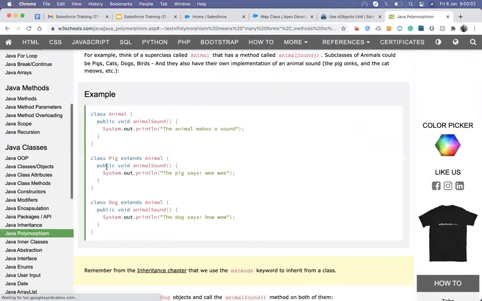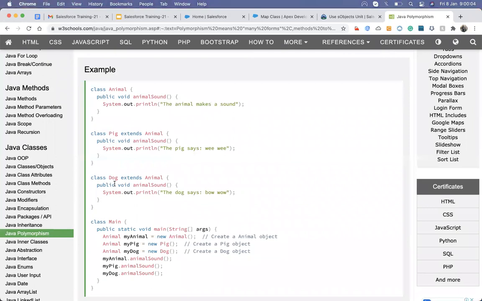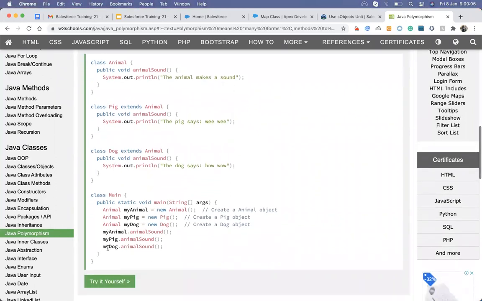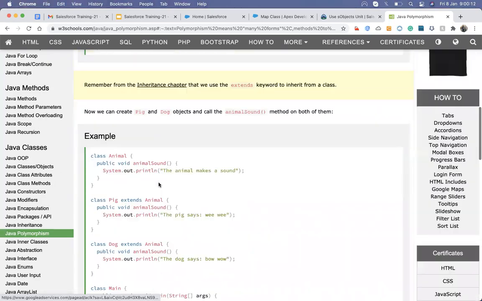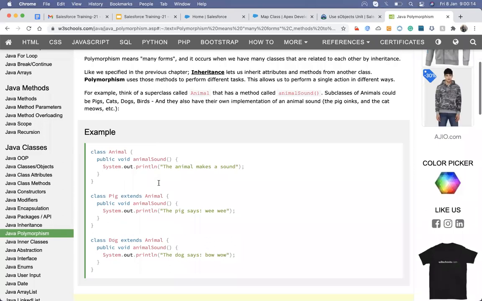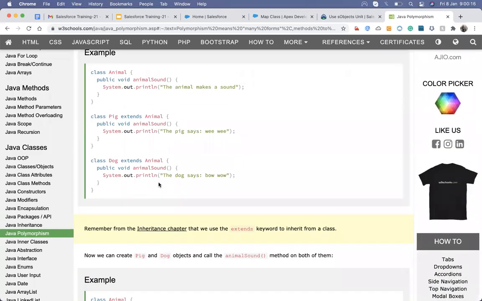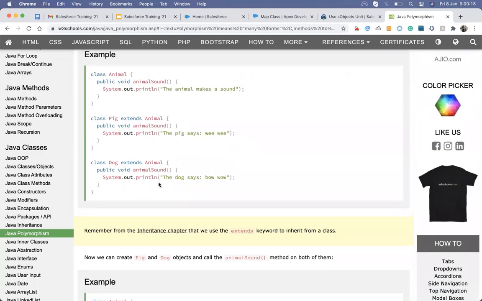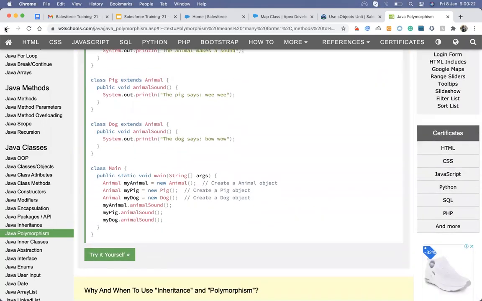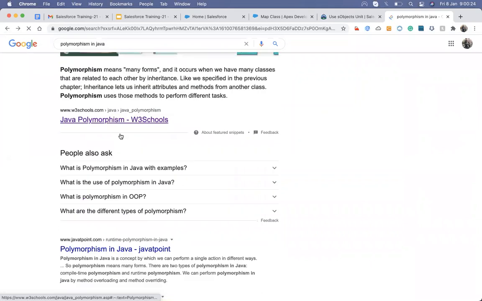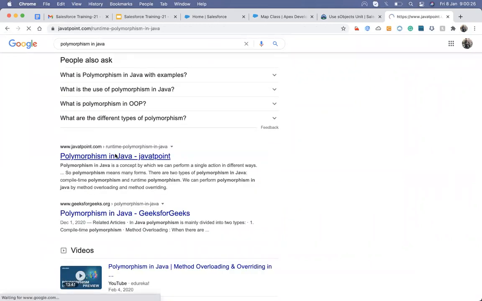You can see Java polymorphism, inheritance. Actually, we learn overloading and overriding as part of polymorphism.